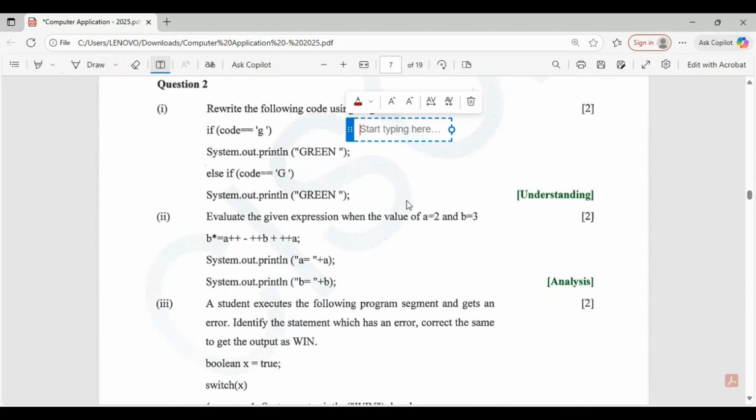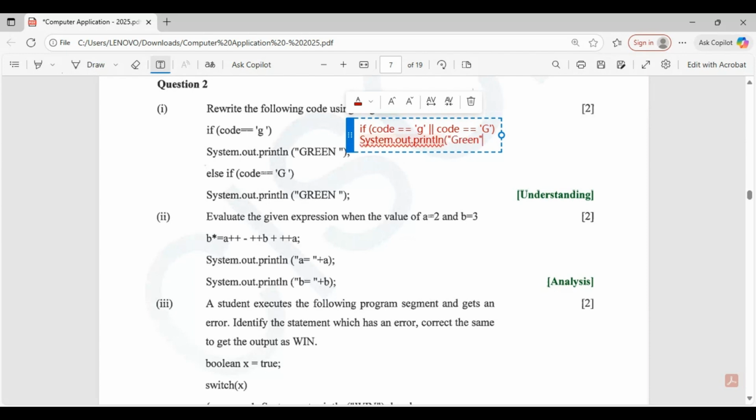So here we will write if code is equal to small g, we will use the or operator, code is equal to capital G, then system dot out dot println green.